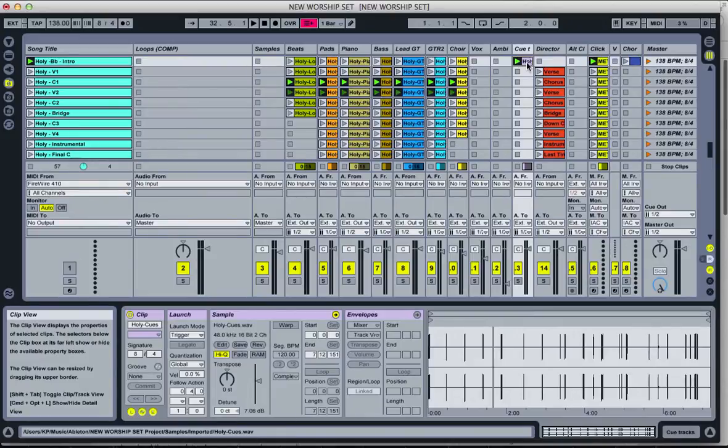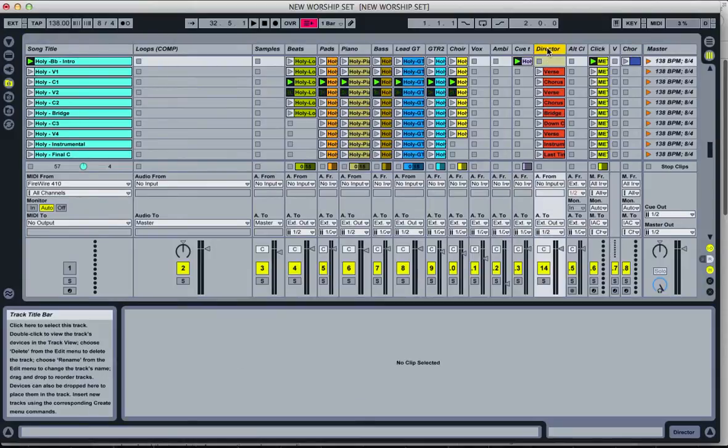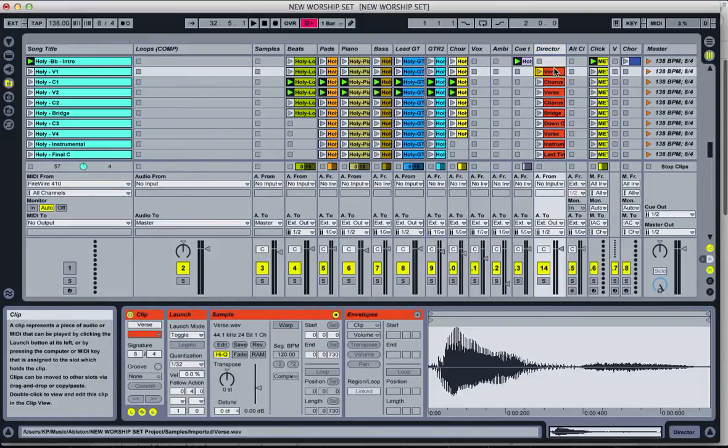And also, because some of the loops don't have that much instrumentation in them, you want to make sure that you're banging the right place for the loop. So cue tracks have been brilliant. Enter the new column we've got here called Director. Director is a series of WAV files which we've downloaded from a couple of the loop websites. These are actually from Loop Community, and we've been able to import these, and they literally will just trigger off